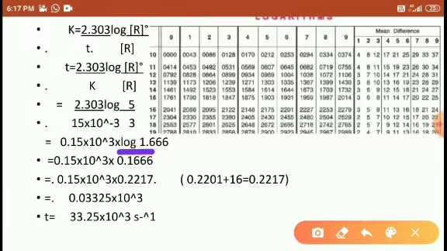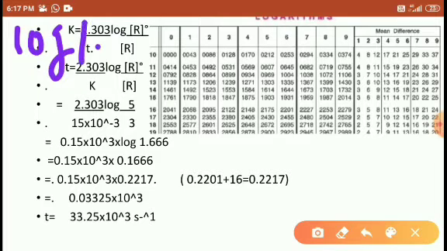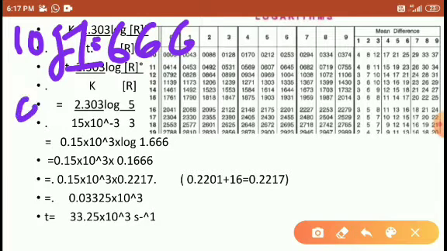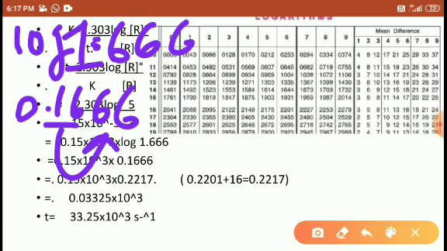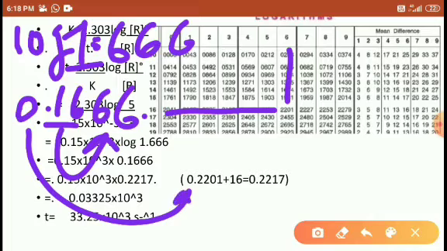So here we have to calculate the log of 1.666. In this value, the point is after one digit. So this is written as 0.1666. So go for the 16th row, 6th column. 16th row here, and go for the 6th column here. In the 6th column, 2201, that is, we have 0 as it is. This 0 I write here as it is, and 2201, this value is here.